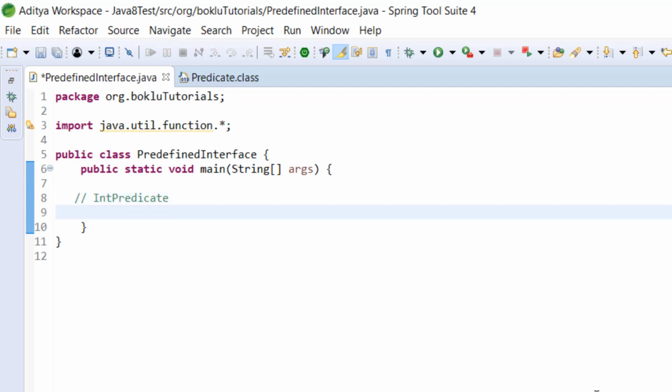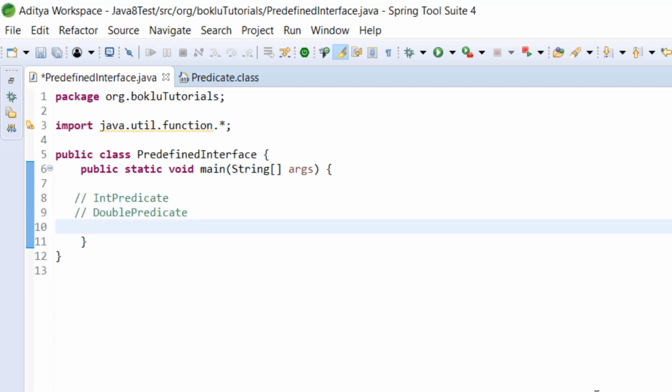Now what if the generic type is double, then in that case we can use DoublePredicate. Okay, now what if you wanted to use long, then we can use the LongPredicate predefined functional interface.